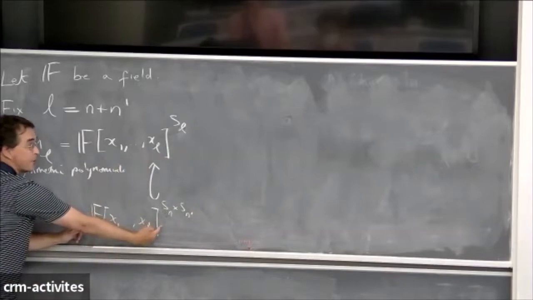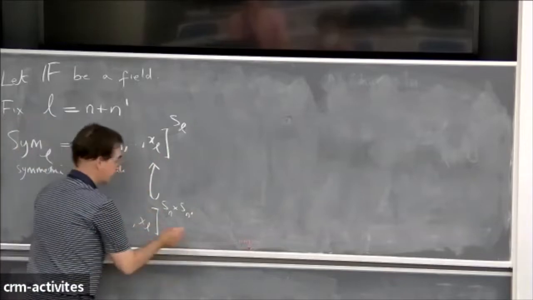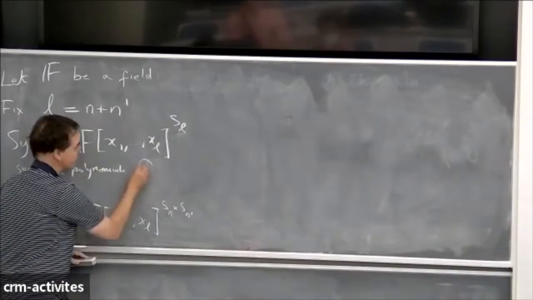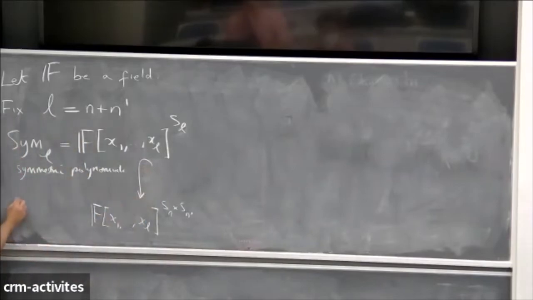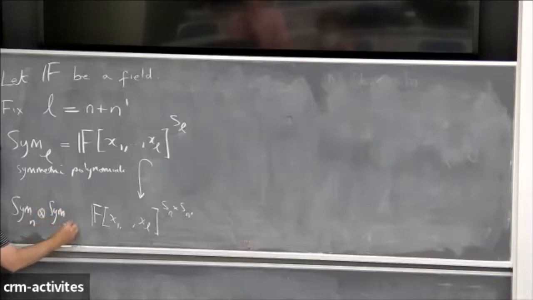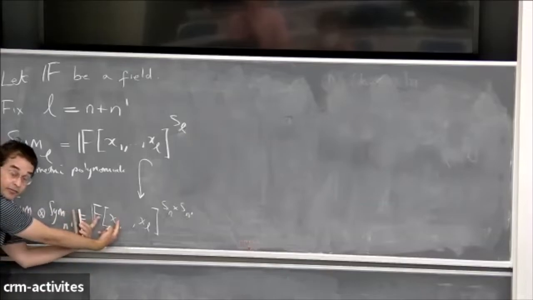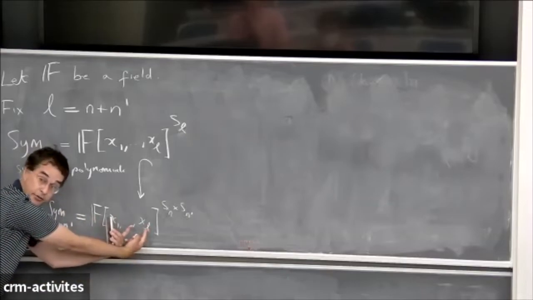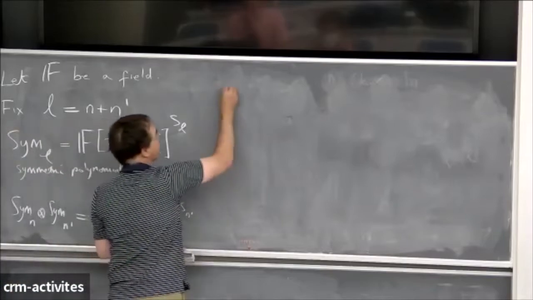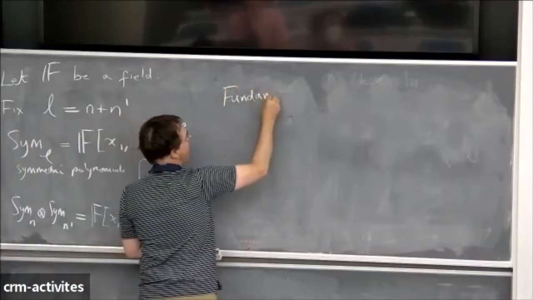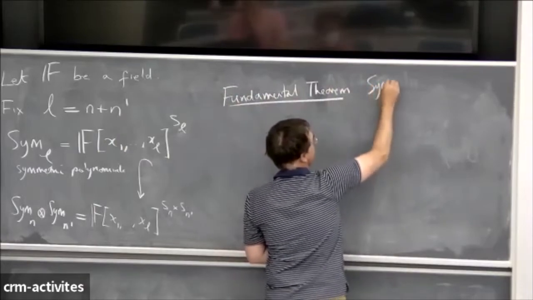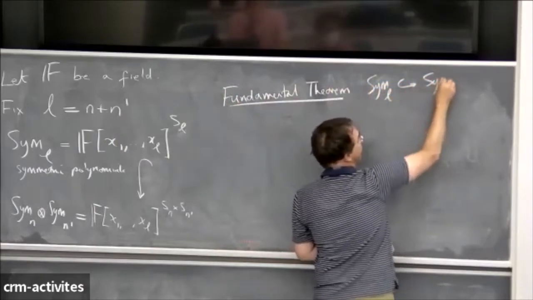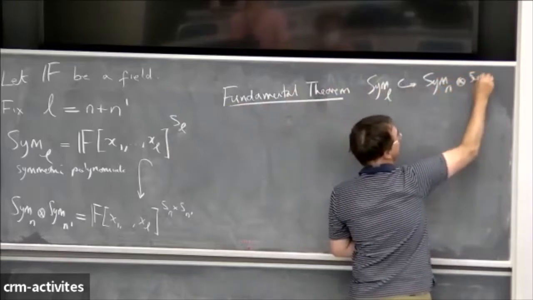So this algebra of partial invariance, and let's get my arrow going in the right direction. How about that? Full invariance sits inside partial invariance. So this is what? This is Sym n tensored Sym n prime, just the tensor product of those two algebras, kind of in the obvious way. So Sym n is the first n of the variables, Sym n prime is the last n prime of the variables. And I think a fundamental theorem is that the embedding of Sym L into Sym n tensor Sym n prime,